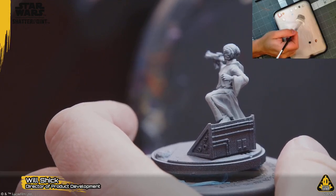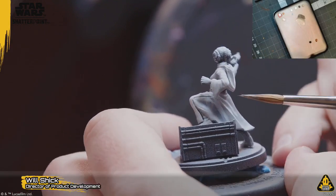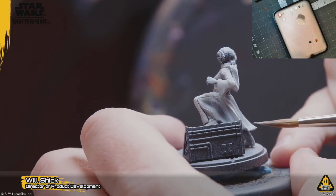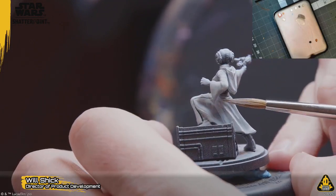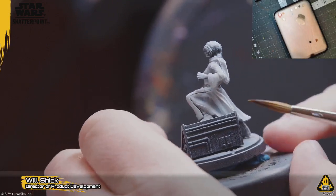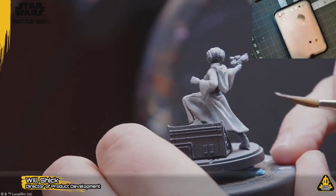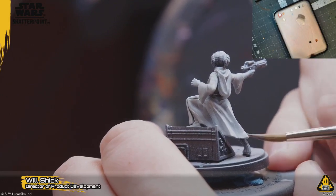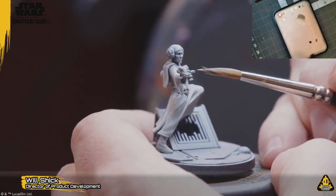But I think the thing where we wound up, and this was echoed a lot within many of the player communities and discussions as well, is paper alone doesn't necessarily really advance the game in the way that it needs or requires. At some point, there's an important step for new ships in order to grow the game, and obviously we also have to be able to keep ships in print. It's not just about making new ships. It's about continuing to offer all the ships that new players need to grow the community, to be able to offer starter boxes and things like that, of which we did the update to the single player starters for Rebels and Empire, which I think are the last products that came out in physical form